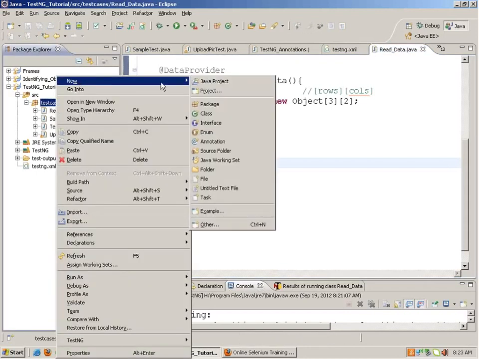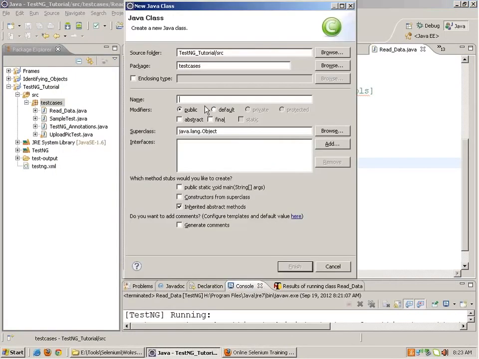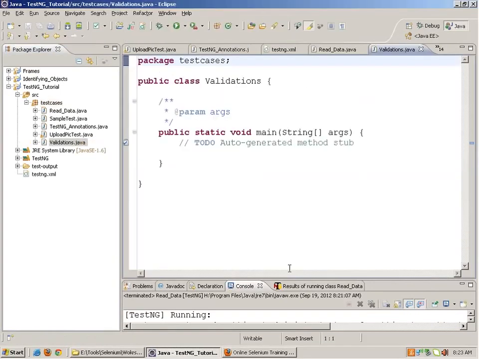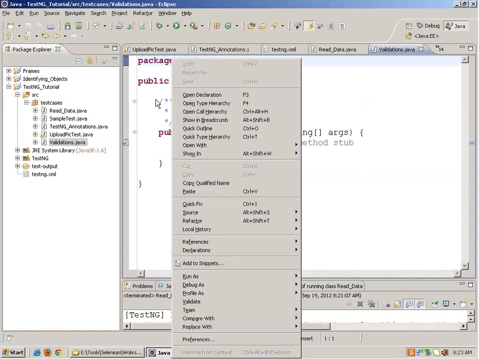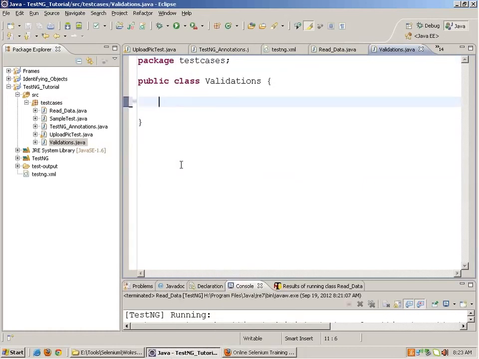Okay, if I create a new class called validations, what are assertions used for? They are used for validations. Okay, now I created the main function. If you are having a test function,